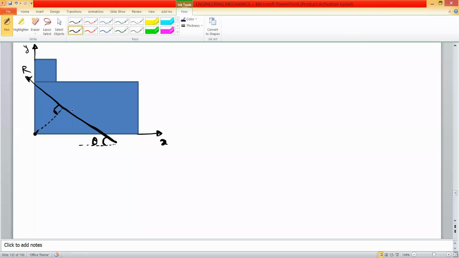So this is the resultant, or we can say this is the resultant system. So we have assumed the resultant, it is acting on the right side of the point O, that is origin, and assume the perpendicular distance as a d. Okay. So right now we don't know what is the value of d. So by using Varignon's theorem, we can get the value of d. So use the Varignon's theorem.